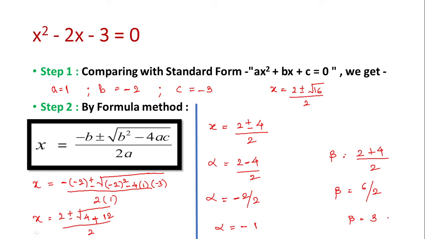Now, why prefer this formula method? Children, many a time there can be a mistake in finding out the factors. And if you go wrong in finding the factors, the entire sum may go wrong. So in the examination, many a time the question comes as solve the given quadratic equation by factorization method, or solve the given quadratic equation by completing the square method, which is excluded now,